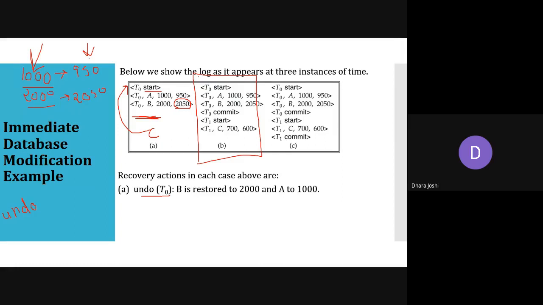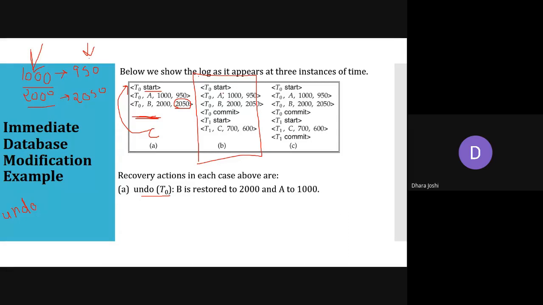द सेम वे, if instructions have completed successfully, we are having start and commit both the instruction. That means transaction has executed fully. तो अगर उसकी डेटाबेस में रिफ्लेक्ट नहीं हुई है कोई चेंजेस, दैट मीन्स वी नीड टू रीडू. री मीन्स अगेन, अगेन वी नीड टू डू द ऑपरेशन. एंड अगर वो हाफ एग्जीक्यूट हुआ है, दैट मीन्स वी नीड टू रोल बैक. जो हाफ हुआ है उसको भी, इसकी इफेक्ट को भी हम नलिफाई कर दें. सो इन दिस एग्जाम्पल,